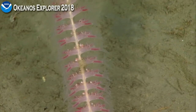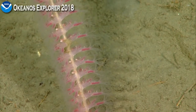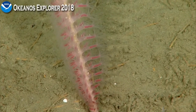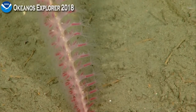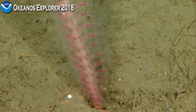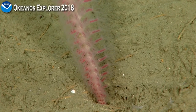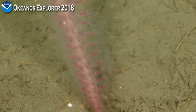Okay. What about, I was noticing on the other ones, actually, the very pale pink round structures. Is that reproductive parts? I'm not seeing it well enough. Would you like me to tilt up or...